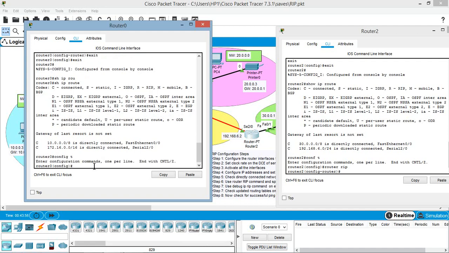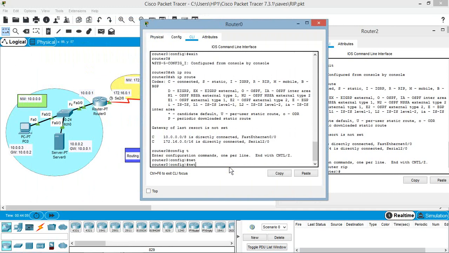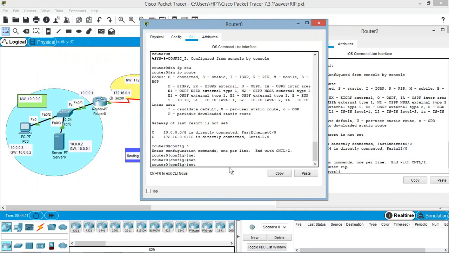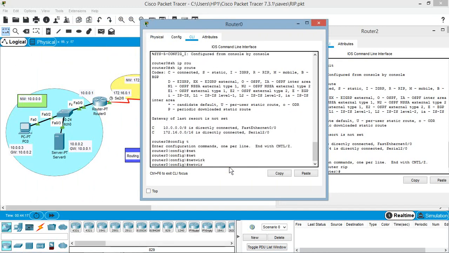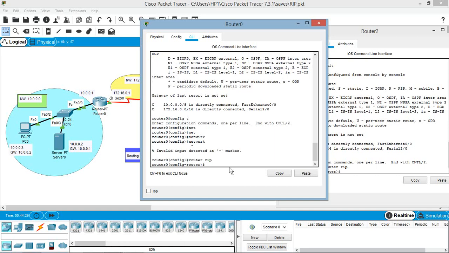So we have used the config terminal command now, and let us tell each router that it is reachable to its directly connected networks. The command should be network. The command is not acceptable here, so let us try again. If it is not acceptable here, then we have to move on to the router rip command again. Here again we'll configure router rip. Now in this mode we have to specify the directly connected networks.